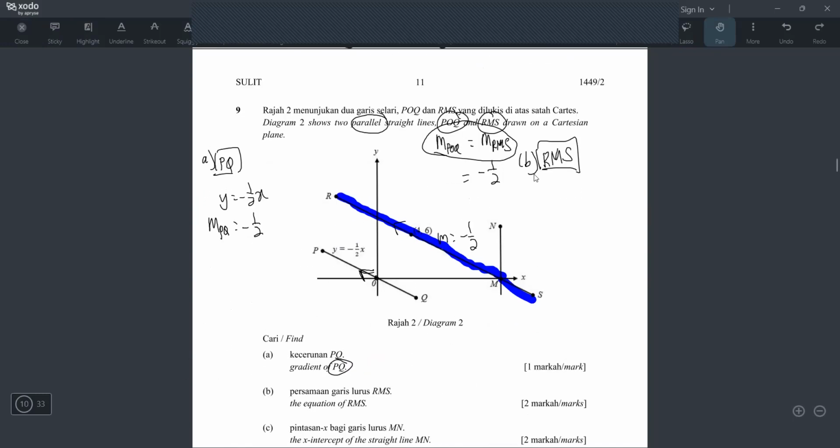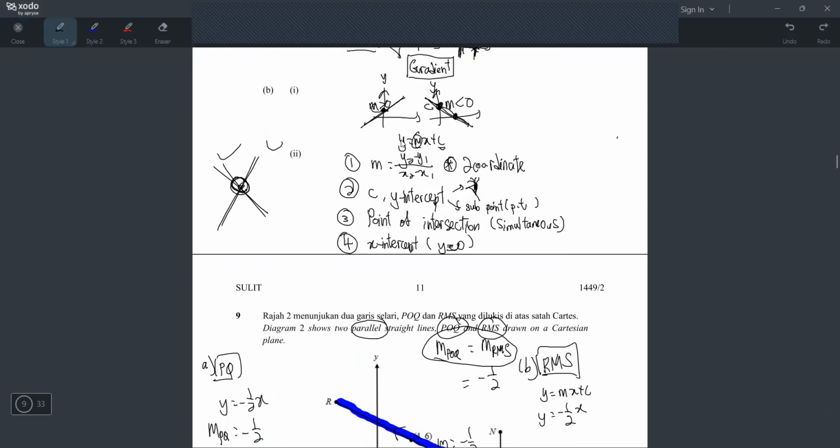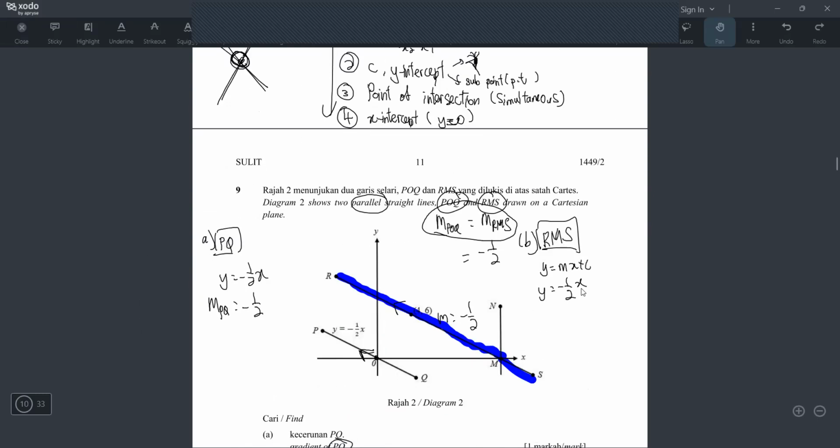So kita terus tulis y equals mx plus c lah. Tapi m sudah tahu sebab m dia -1 over 2. Sebab m dia sama for both lines. So kita boleh pinjam gradient line PQ untuk masuk dalam sini. And then what about c? Oh, by the way, when you use the y equals mx plus c, the y and x tak payah cari. You kena cari m dengan c saja. That's why if you look at step 1, how to find m. Step 2, how to find c. So you just follow this step, you can get your equation already, right? Okay, so first find your m, but m no need find already, have already.